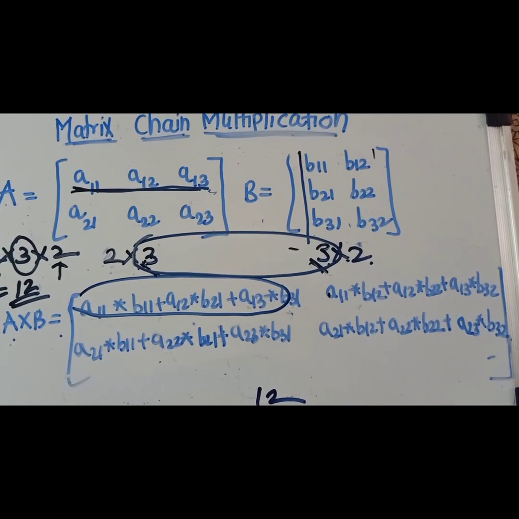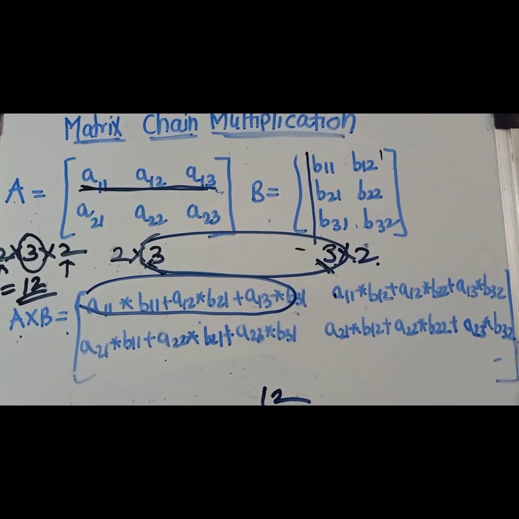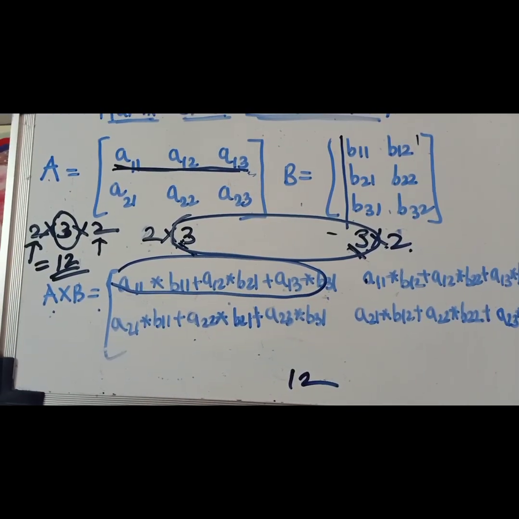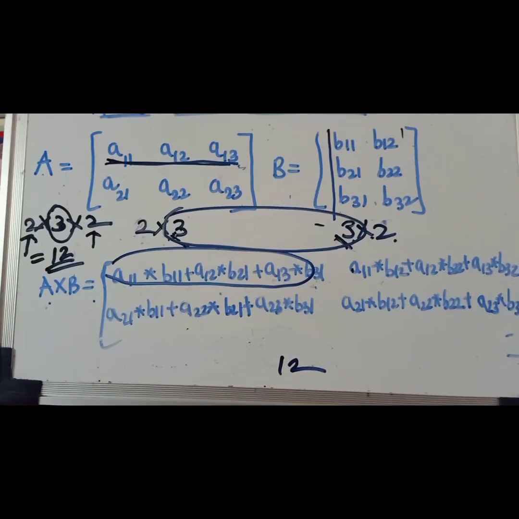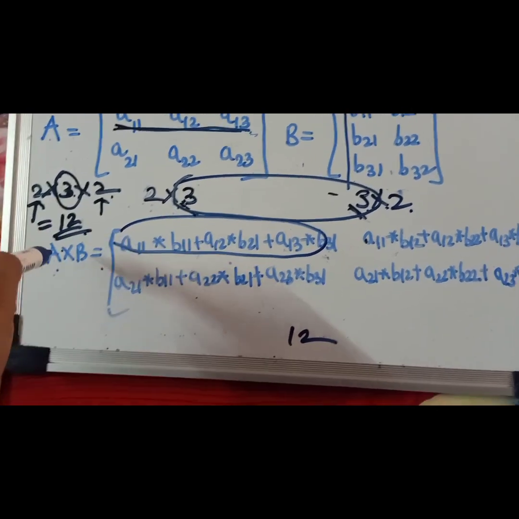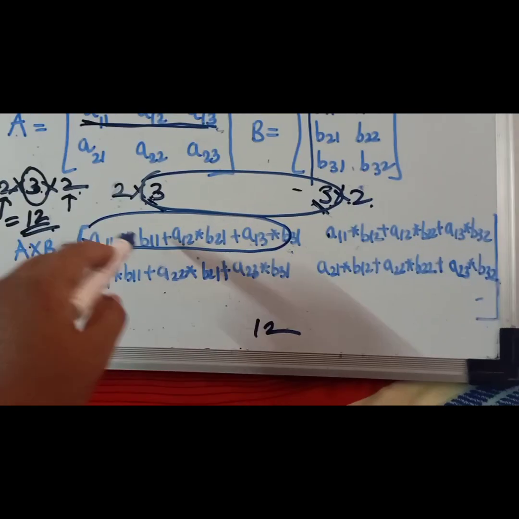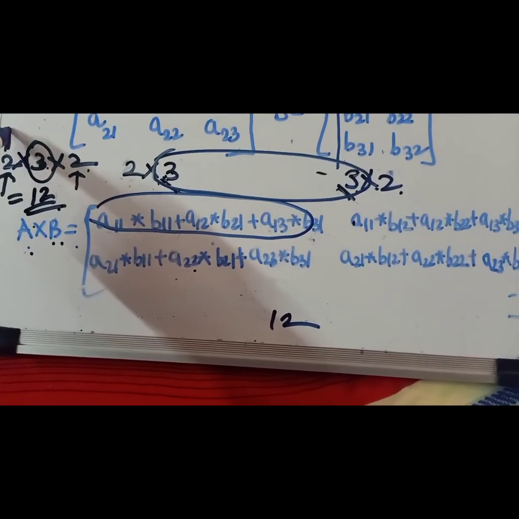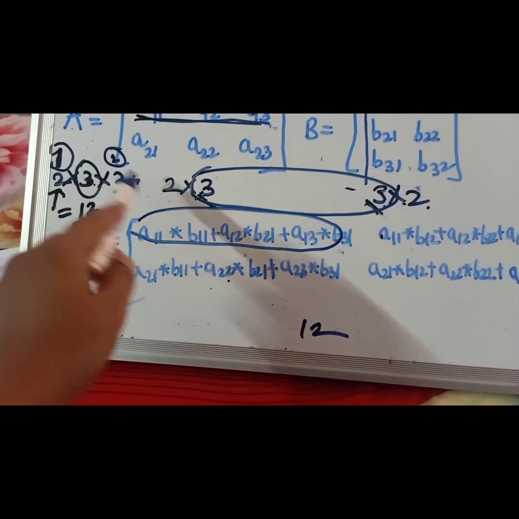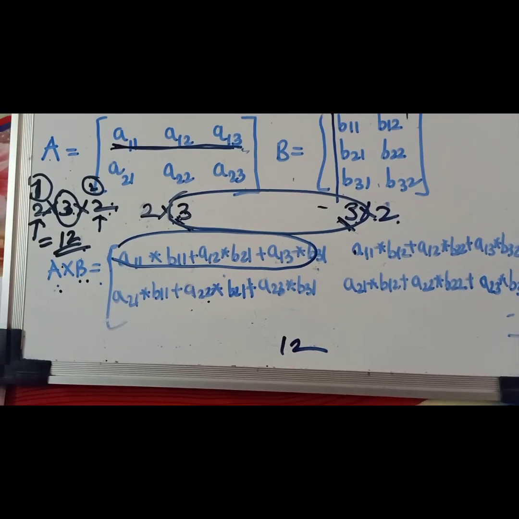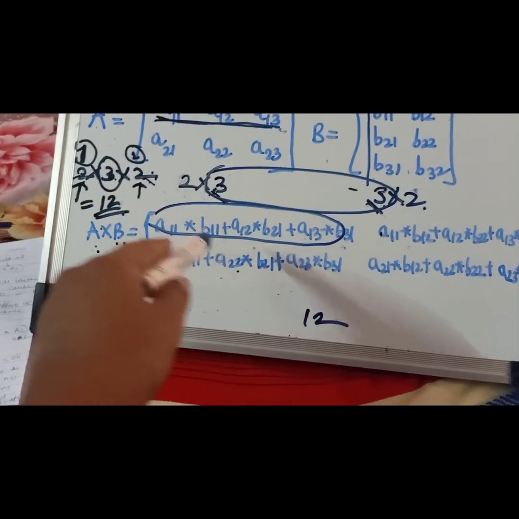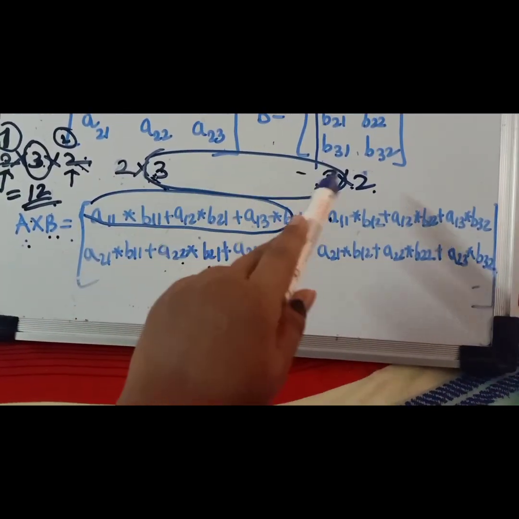We can conclude that for two matrices, there are a total of 3 different dimensions, where one of the dimensions is common. You also have to understand that this 2 by 3 into 2 gives 12 multiplications, and the resultant matrix A by B will always have the first dimension and the last dimension, so this is 2 by 2. Our resultant matrix is 2 by 2. So in these 3 dimensions, the first and the last will be the dimensions of your resultant matrix, and the middle one will be common.